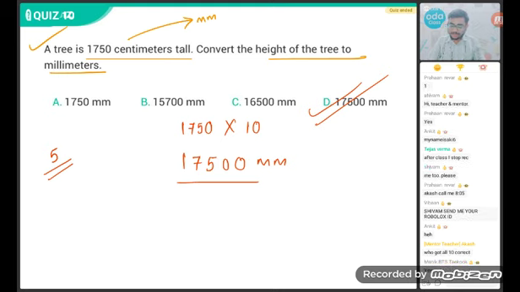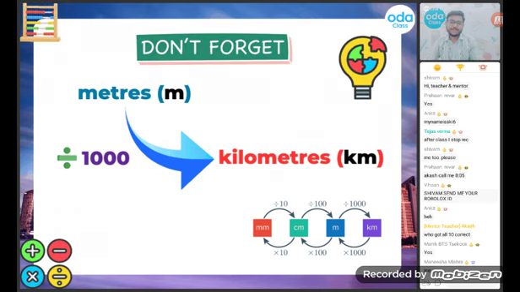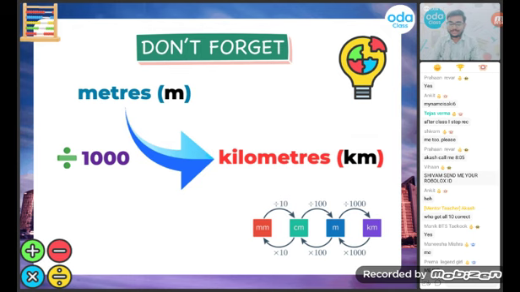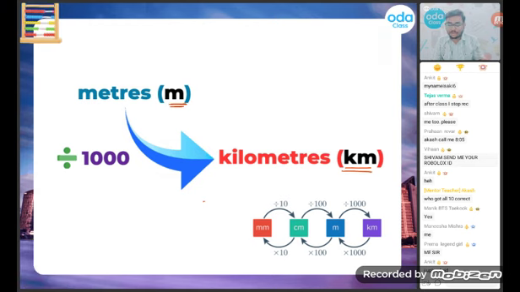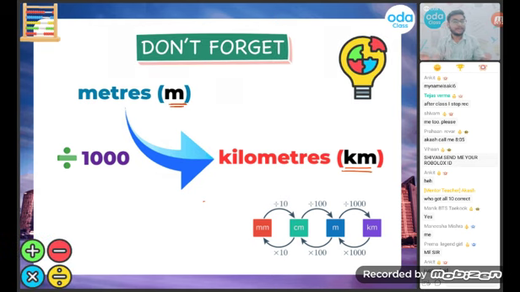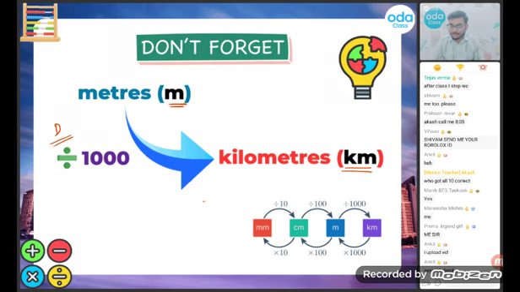Okay, very good. Now, students, the next topic we are going to learn is very interesting. That is conversion of meters to kilometers. What are you going to do? Are you going to multiply? Yes or no? No. A big no to multiplication. Now it's time to start with division. Everyone write D, D for division. Meters to kilometer.